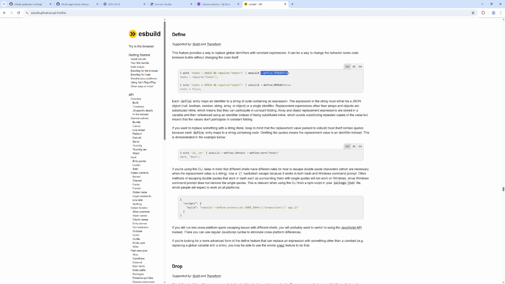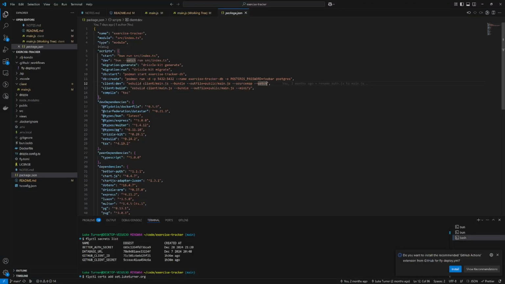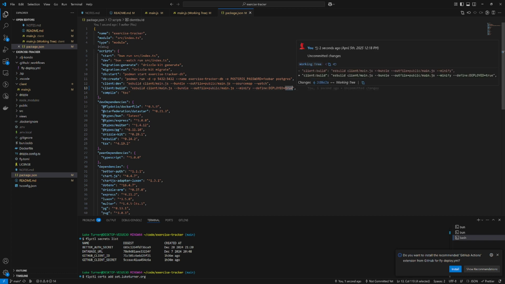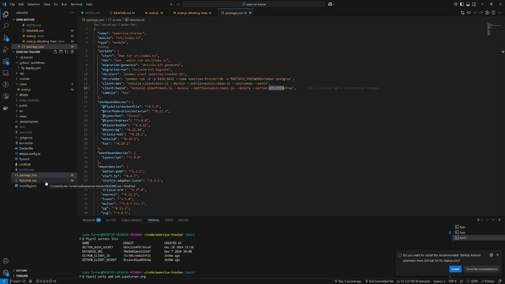This is defining basically a variable called debug in this case and setting a value to it. So we're going to do something similar here. For the client build specifically, we're going to add a deployed equals true. And